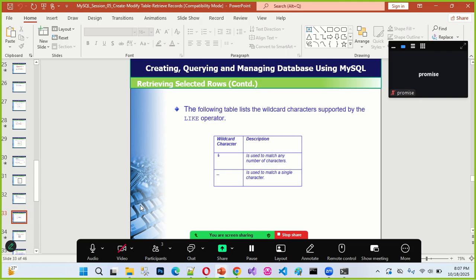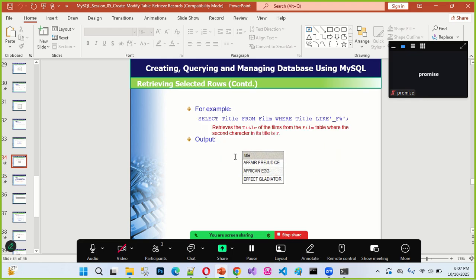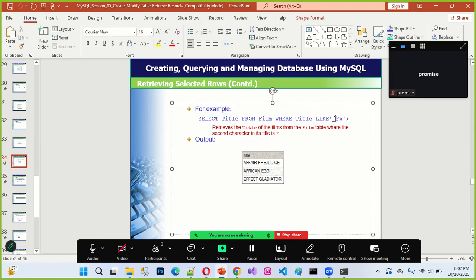In addition to that again, we also have the IN operator. If you look at it, let me explain before we go again. This one means that they want to retrieve the title of the movies where title like underscore F. Here it means that as long as the first letter is any first letter, when I use underscore here, do you get it now?